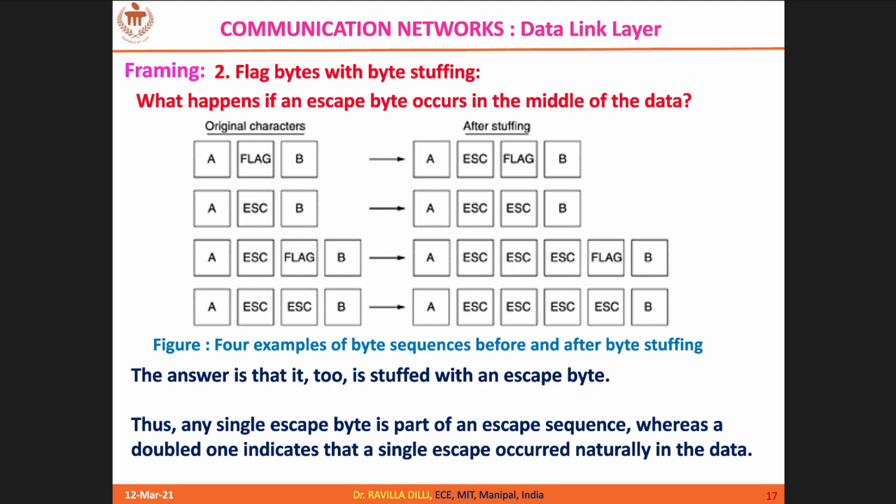At the receiver, what will happen? Always the first escape is omitted. So in the last scenario, at the receiver, when you are extracting data, A character will be received, then the first escape will be omitted, the second escape will be considered as data, the third escape is omitted, the fourth escape is considered as data. So like that it goes. No matter whether it is a flag pattern or escape pattern that is part of data, your job is just to include one escape character before that. So this is called byte stuffing or character stuffing.